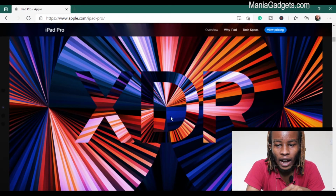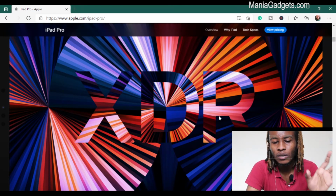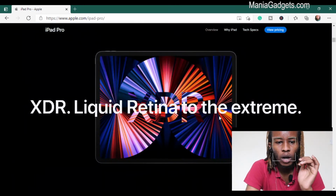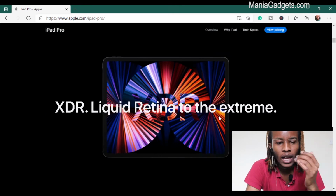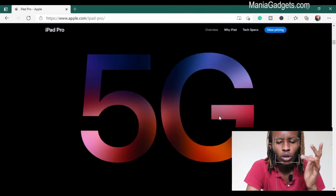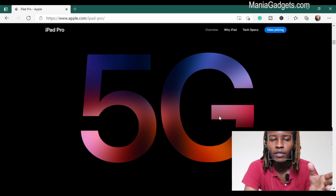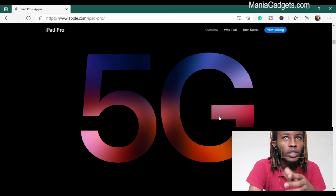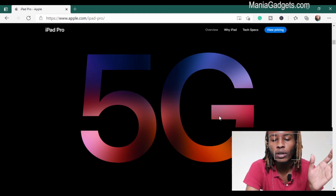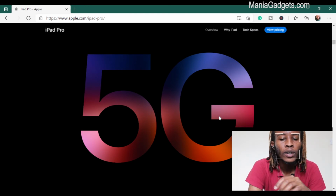As you can see, the darks are darker, the colors are brighter, a kind of surrealism that comes to the images, which is super awesome. XDR, awesome too. Dynamic range, ooh, it also has 5G, awesome. Now couple the M1 chip, give the iPad Pro an awesome screen, a mini LED screen, awesome, what you would maybe call an OLED screen, you know. And then,